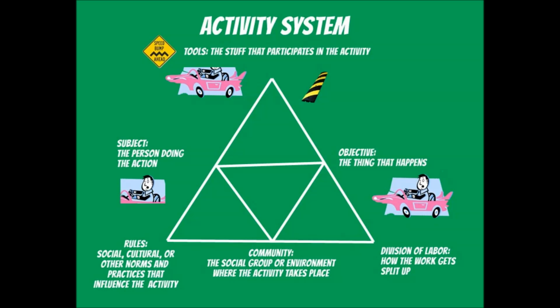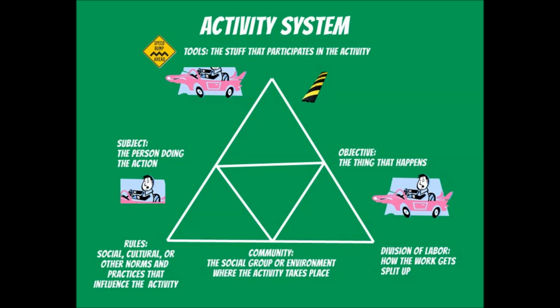Over here we have rules. Rules are often invisible actors, but they can still have a major impact on our activities. In driver Dave's case, maybe the city council had laws about how fast people could drive on that road, and to enforce those rules, they stuck a speed bump on the road. And the fact that there's a city council at all tells us a lot about the cultural rules in driver Dave's community. Driver Dave lives in a place and time where people are like, yeah, it's normal to have a city council that makes decisions about roads and stuff. But in some places, that's not normal.